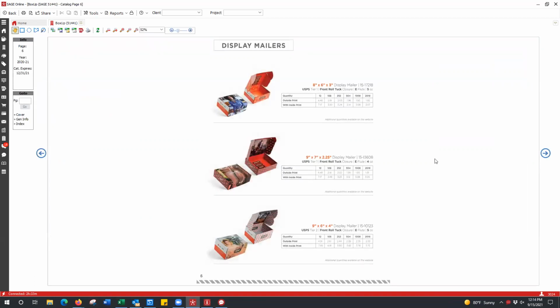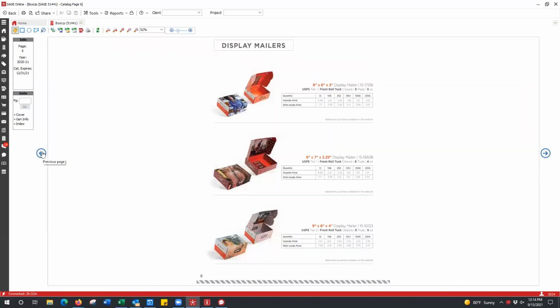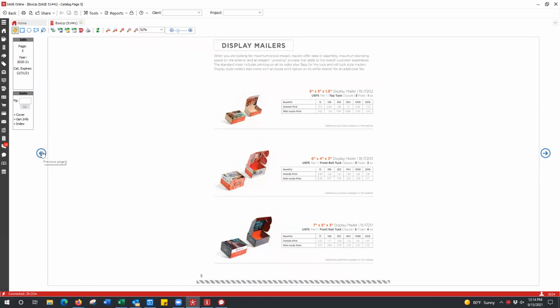Actually, one more page. Go to the right one. Okay, it has the 12 by 10 by 4. And let me see. Can you click left 2 pages, Carmen? If it has the 6 by 5 by 2, then it is current. So it doesn't look like it does. So we should update this when I get a chance, Mike. I'll make a note of that as well.